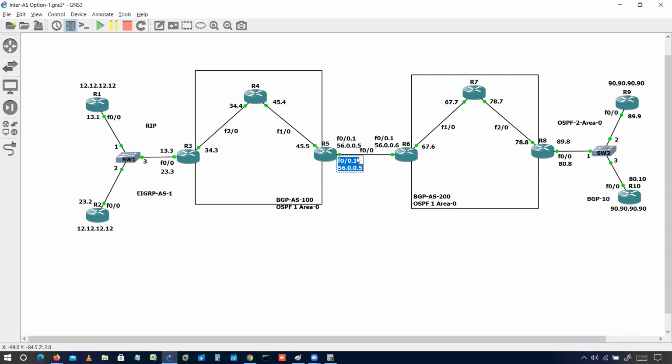This has two sub interfaces, with 2, and this is reverse, 65, and same here we have 50, which is 65 reverse. Okay, and that's it. So now let's do the configuration first of all in this AS, then I'll be doing the configuration here. So let's start from R3, R4, and R5.